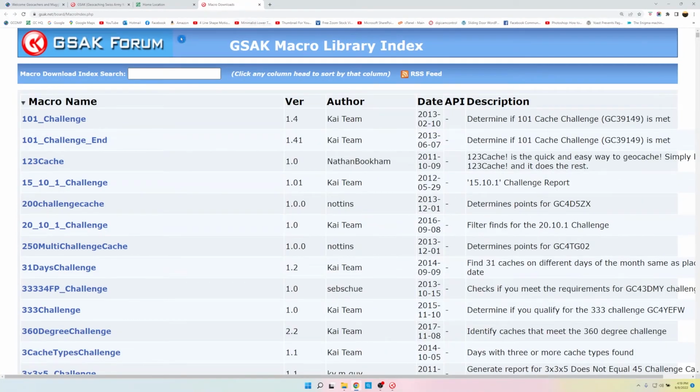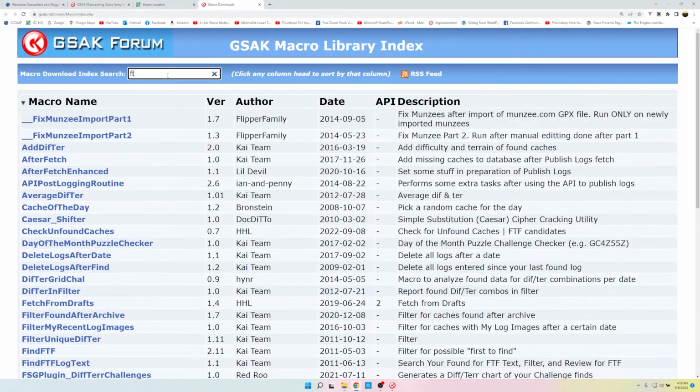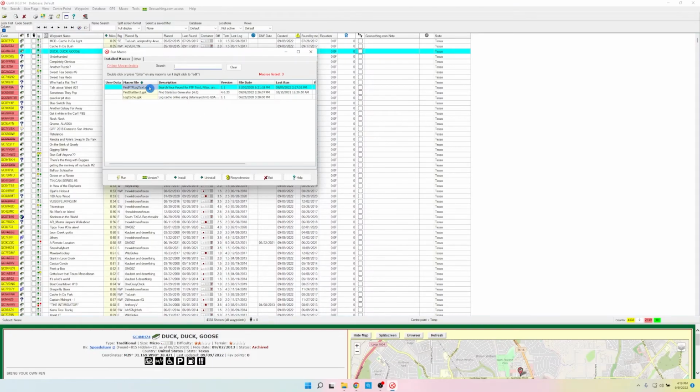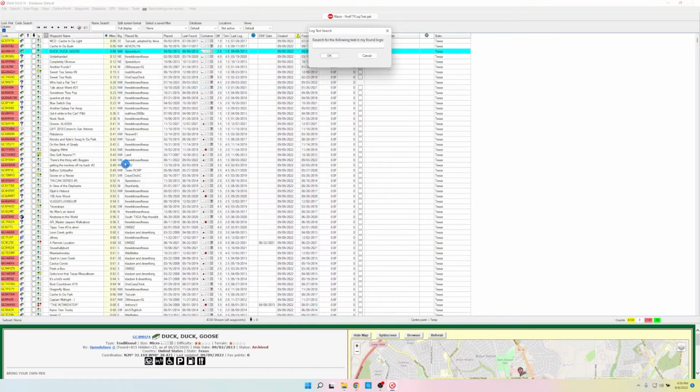So if you want to come down here and you want a macro to help you with first to find, you just type in FTF, and it gives you all the macros that have FTF in the name or in the description. So I've already downloaded one of these into GSAK, and the one I got was called Find FTF Log Text, and it's right here. So we just highlight it, come down to Run, and then it asks us this question: